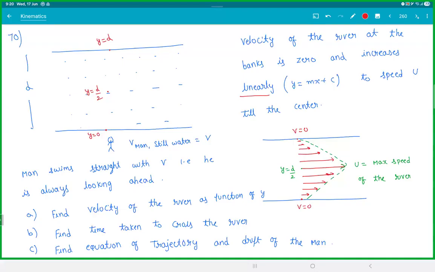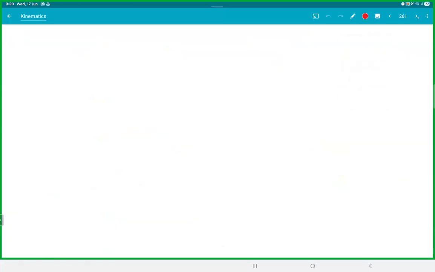Okay, let's see the first part. Listen to this thing. Whenever someone says the function is linear, it means it looks like y is equal to mx plus c. That y could be anything: velocity, energy, anything. So if velocity varies linearly with y,